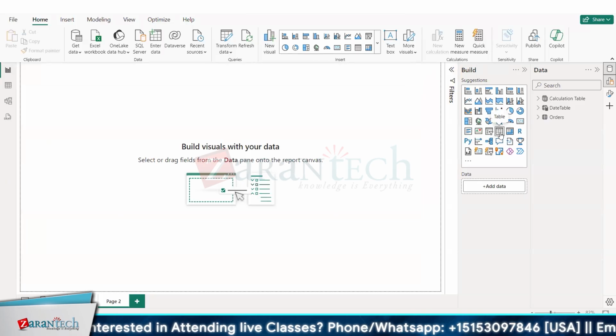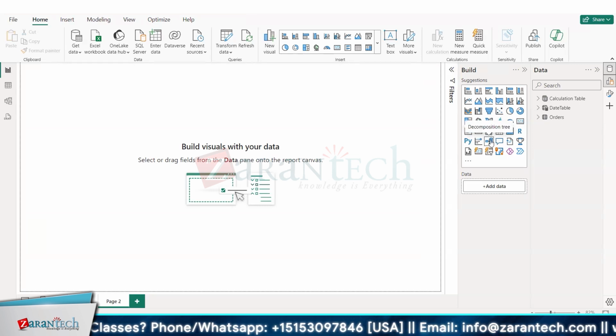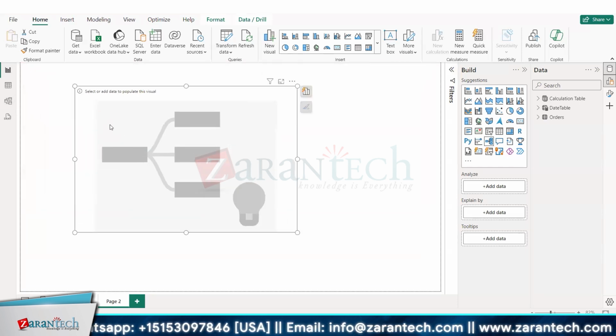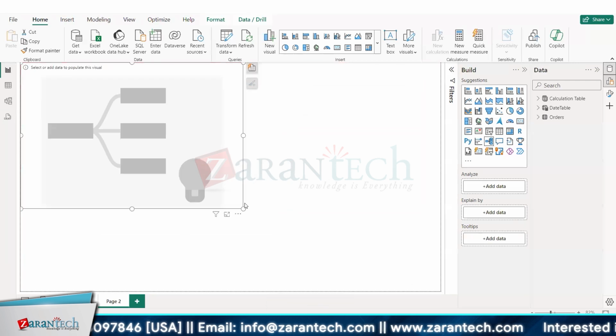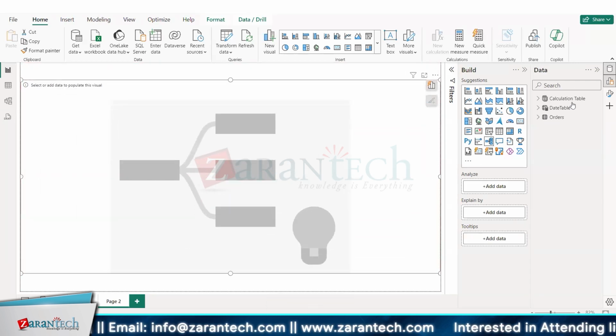So now we saw the table, then we saw the matrix, then we saw all these things. R and Py we'll see later. This I showed you. Then there is something called a decomposition tree. So this is again a kind of AI visual, wherein it gives you a better picture if I show you certain things. So if, for example,